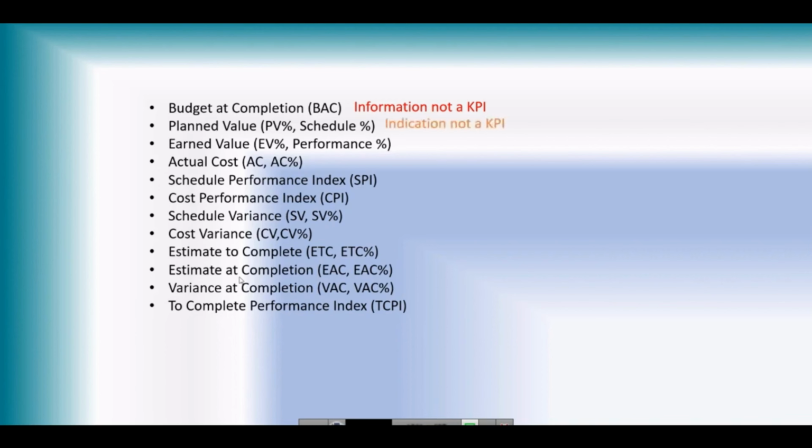Planned value is just an indication that 50% of the project is planned, 60% is planned, 40% remaining. So it is just giving you an indication of how much is planned and how much is remaining. Earned value is also an indication. It is telling you that 50% you have earned, 50%